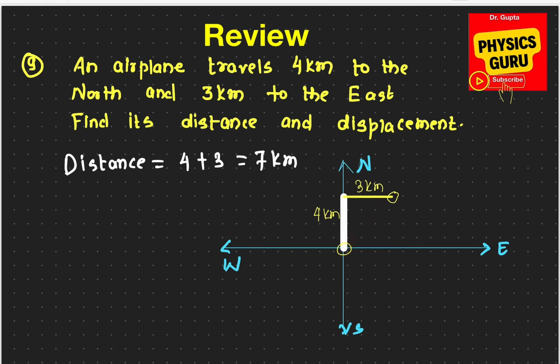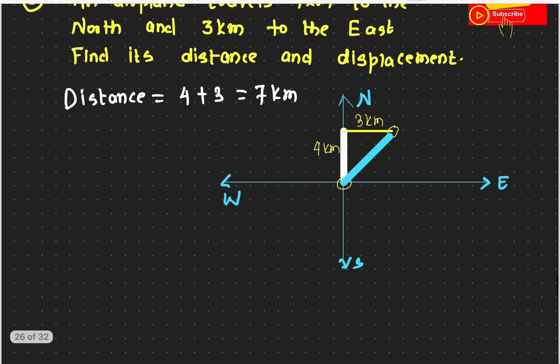So the starting and final position is this. That is the displacement here, the length. So the length of this one would give you the magnitude of the displacement. And how do I find out? If I look into this triangle, that's a right angle triangle. Okay, so the displacement would be